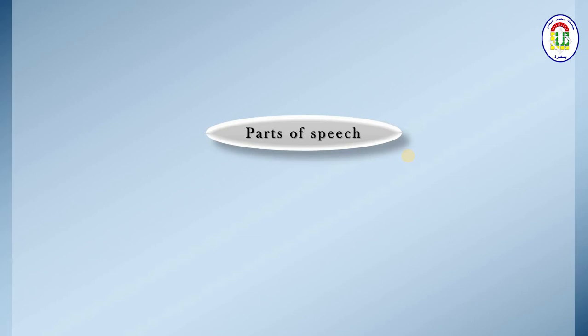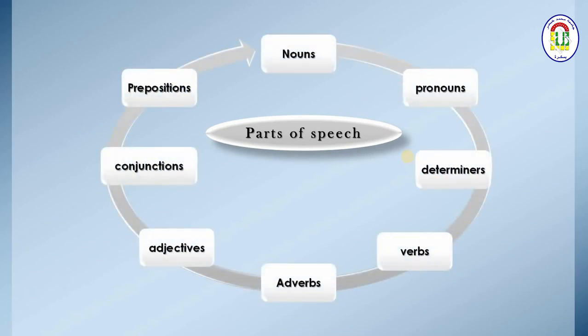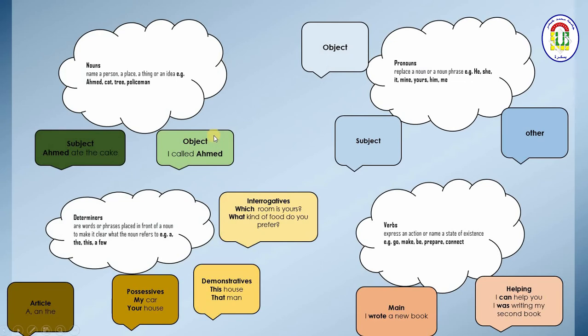Parts of speech. Normally in English we have mainly 8 parts of speech. They are the nouns, the pronouns, the determiners, the verbs, the adverbs, the adjectives, the conjunctions, and the prepositions. Of course, we start with the nouns. When we talk about the nouns, they are words that are used to name a person, a place, a thing, or an idea. Example: